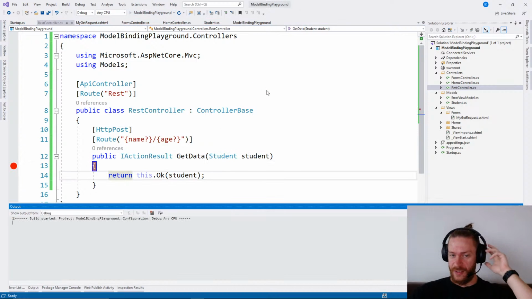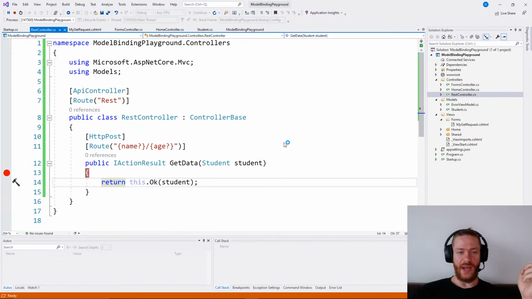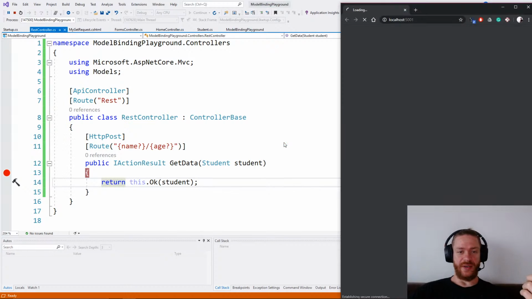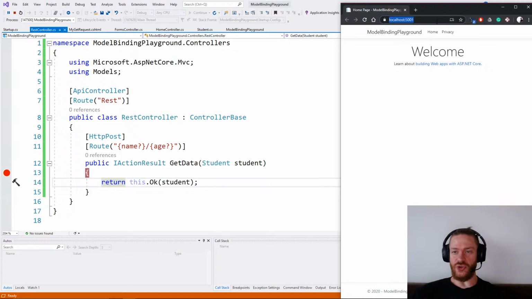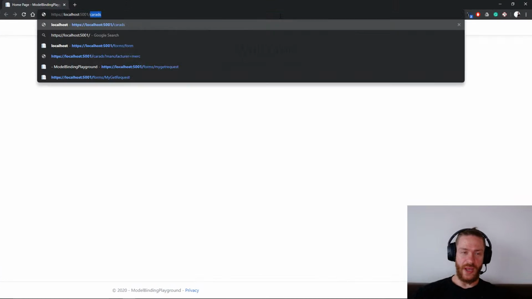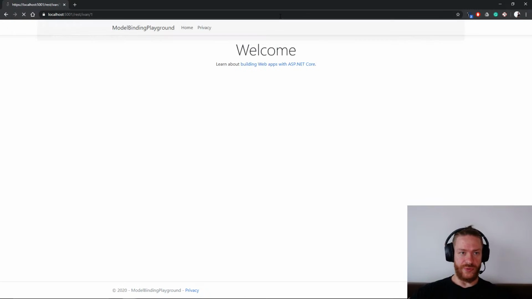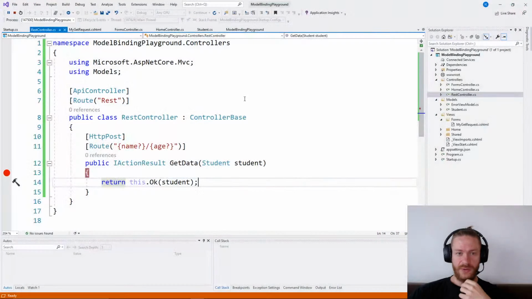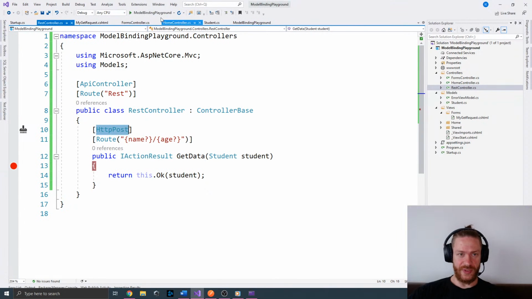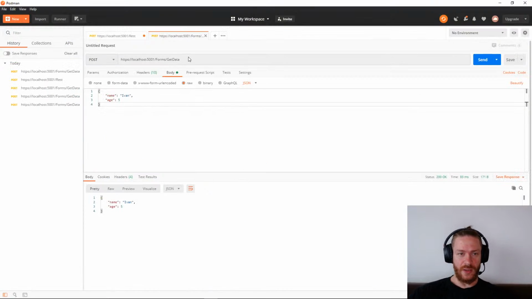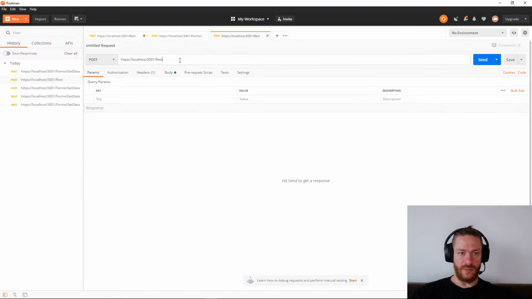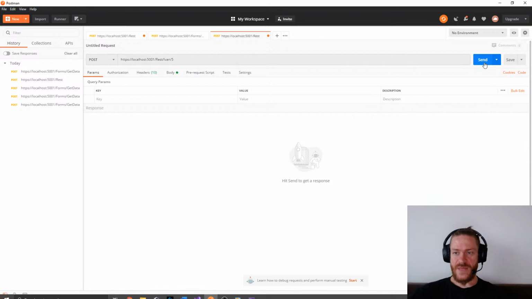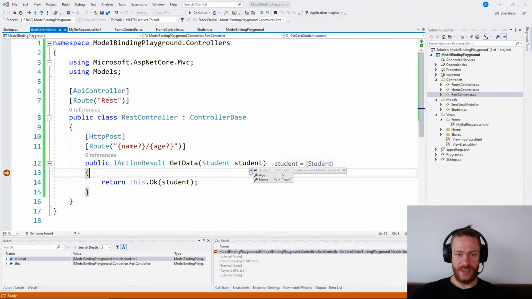If I hit it like this, the API controller by design does not bind name and age properties when we have complex models. So I hit a problem, method not allowed. Yeah, I have an HTTP post, so let's use Postman to make the post request. I'm going to say Ivan 5. And if I hit that, I can see that, oh,